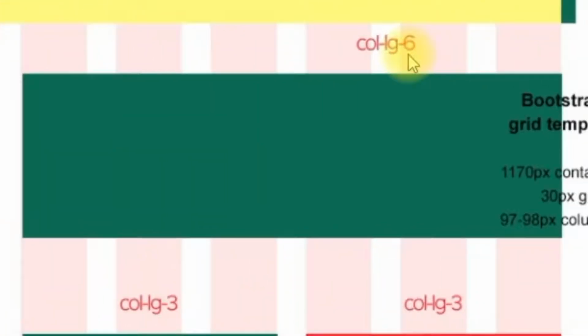In this case, I would like to mention that you should never exceed this total grid classification. If you exceed these 12 grids, then it will be placed on a single row, but the contents will be stacked on each other and the visual appearance will differ. For say, if you are placing here col-lg-7 and here col-lg-6, that means 6 plus 7, 13 grids will be consumed. But the Bootstrap front-end framework practically divides your display device into 12 grids. As 13 is greater than 12, the second content that you are going to place will just stack down, keeping them one over another.